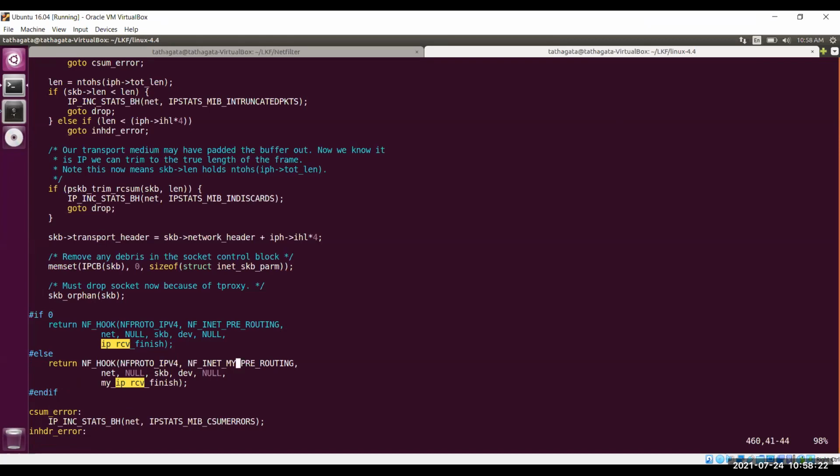And please note that in order to do so, you need to recompile the kernel. But to register or unregister your callback routines with the existing hook points in Linux, you do not need to compile the Linux kernel. So that is the difference between creating a new hook point and adding a new callback function to an existing hook point. You got my point? Or have any doubt?